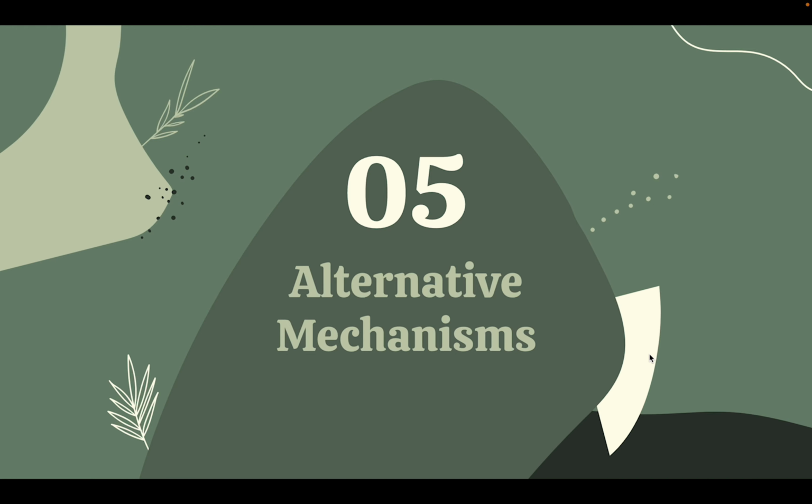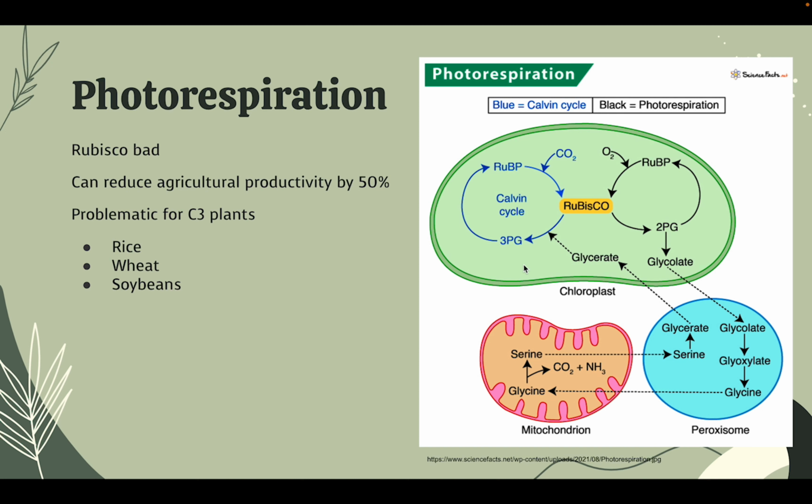All right, now part 5 is alternate mechanisms to photosynthesis. Photorespiration is the reason why we need alternate mechanisms to photosynthesis sometimes. Rubisco is not very good because it tends to have a higher affinity for oxygen instead of CO2. In situations where plants are encountering a lot of oxygen being let in, that can be really bad because we put oxygen into the Calvin cycle instead of CO2, and that just wastes a bunch of resources and doesn't